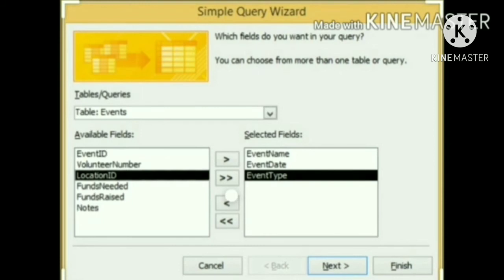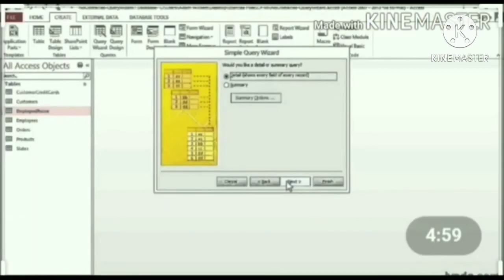Sixth, after selecting the fields in step 5, click on the Next button. Seventh, now you are taken to a screen where you can put in a title for the query. Eighth one, finally click on Finish for the query to show up. The query title will show up as the name of the table where the query shows up.